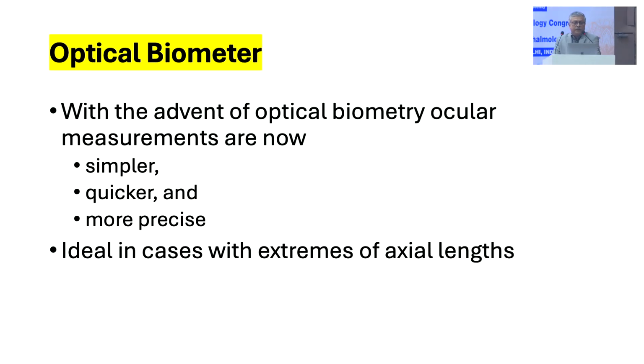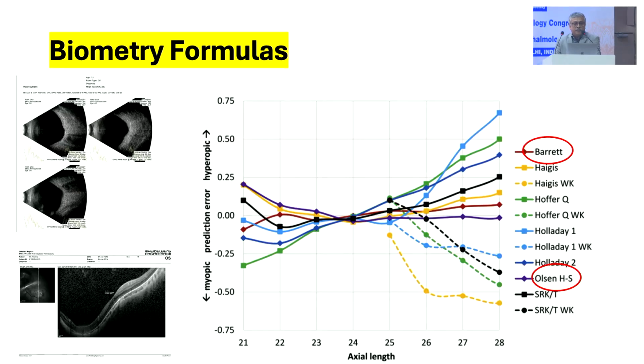With the advent of optical biometry, ocular measurements are now very simple, quick, and more precise. This is ideal in cases with extremes of axial length. Why so? Because in myopic cataracts, if we do an ultrasound biometry, you may not be picking up the data from the fovea, you might be picking up from a staphyloma and end up in a